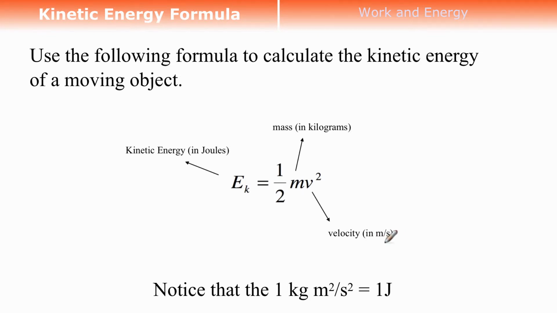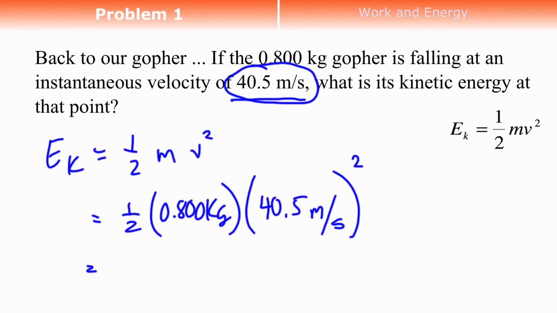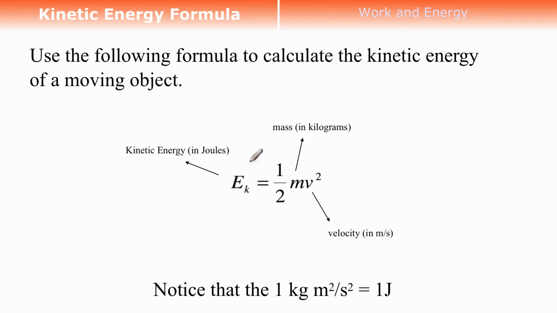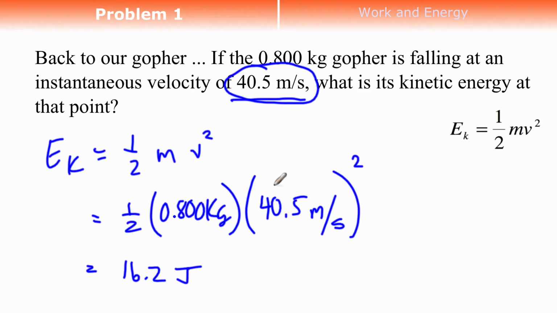Velocity is meters per second. That's right. Good. Okay, so formula, a half times 0.8 times 40.5 equals 16.2 joules of energy. Let me just come back here. Yeah, that's in joules. So if the gopher was going that fast, that's how many joules of energy it would